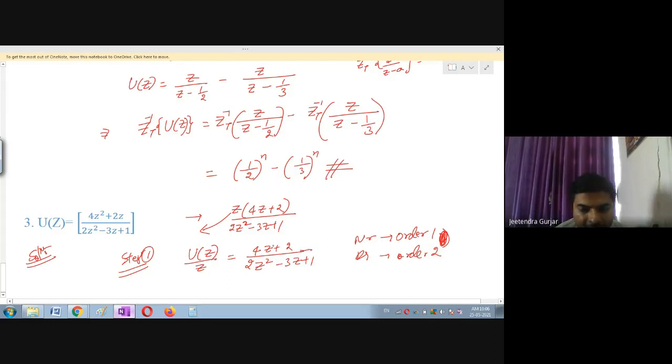Is it clear now? Okay, sir. Thank you for asking your questions. Students, if there are any doubts, please ask me. Now it is clear, I think. For partial fractions, you can see the numerator has order 1, that is z has the power 1, and in the denominator we have z squared, so the order is 2. So then only we can apply partial fractions, students. Please use it and tell me the answer. Please try yourself.